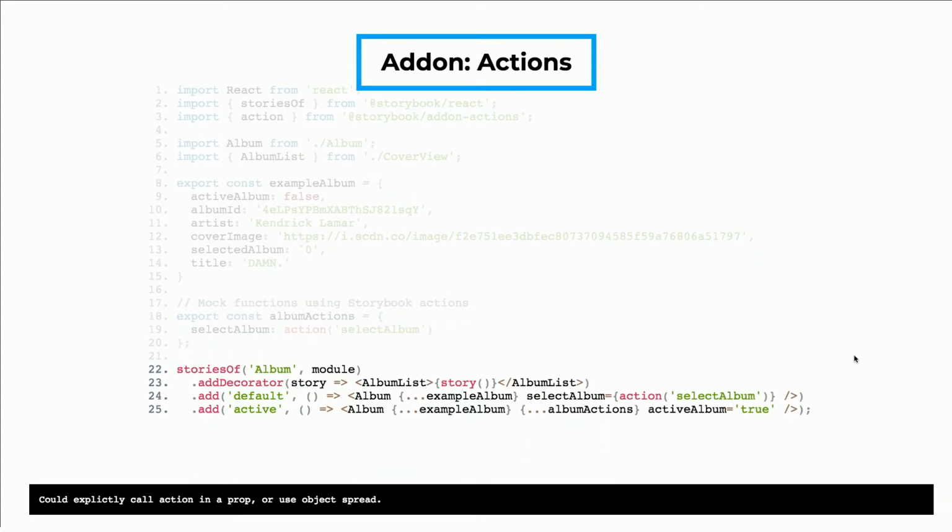So now, looking back at where we add the different variants of the story, there's a couple of different examples here that do the same thing. If you actually just wanted to pass in that select album prop, you could, in the curly braces, just actually say action select album, and that'll trigger that action. Or alternatively, since we defined the album actions, we can just also add that object spread there. So then when we do that,